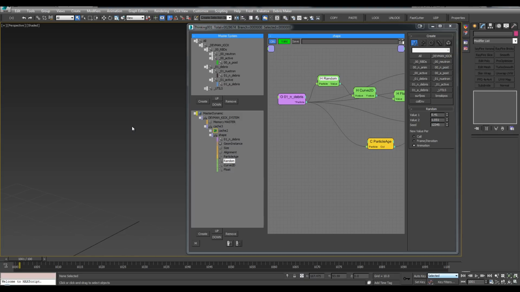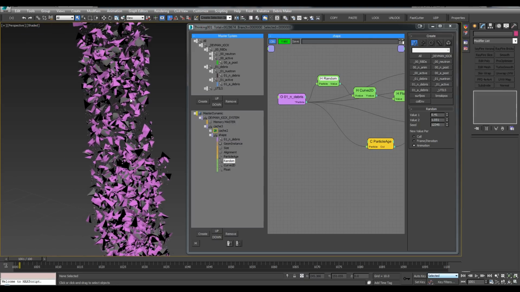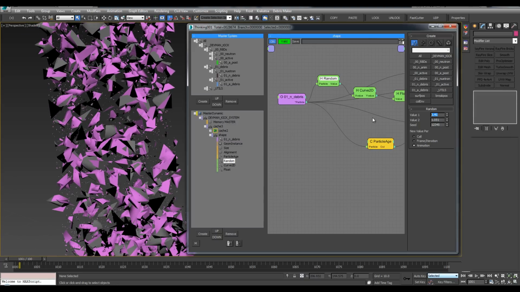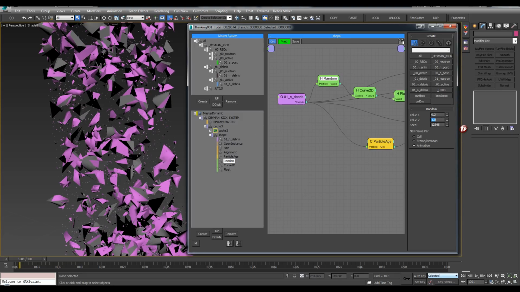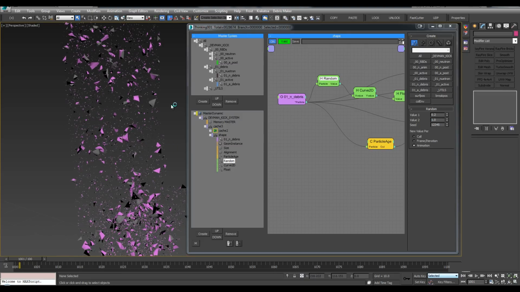Frame first. All right, let's do 0.8. Those are too big. 0.2. Let's change this back to 1. All right, so you can see that's a nice